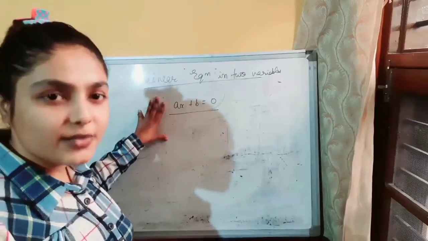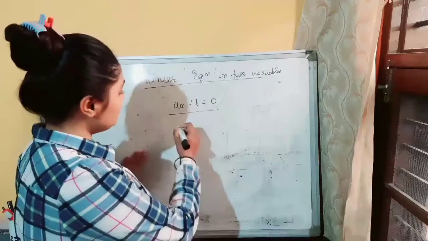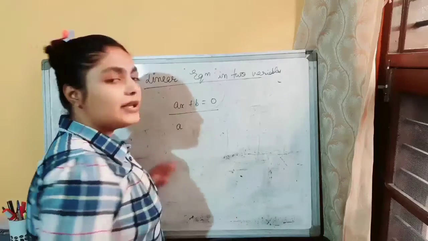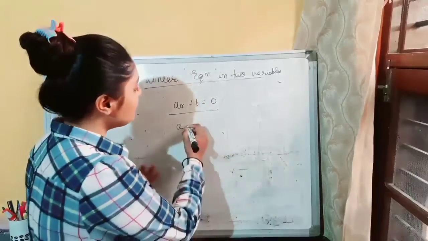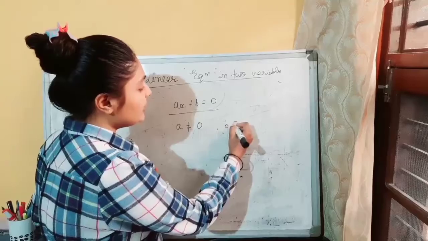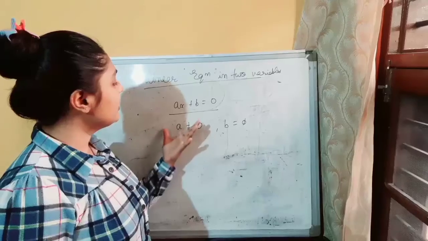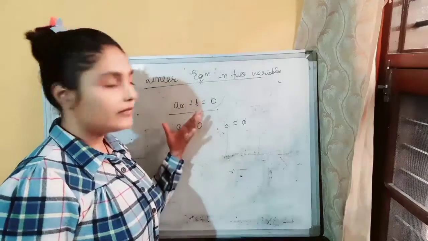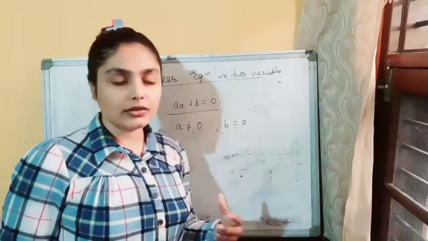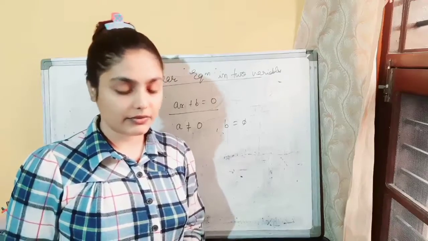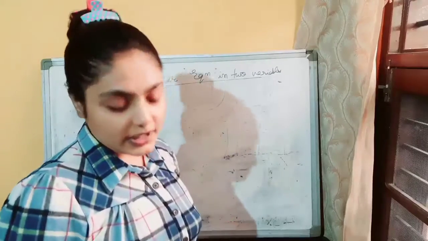So what is ax plus b is equal to 0? Here a and b are any real numbers which are not equal to 0. It means a should not be equal to 0 and b is also not equal to 0. When the value of x is put in, if it satisfies this equation, then we know that it is an equation in one variable. So, not wasting time, we move further to the linear equation in two variables.